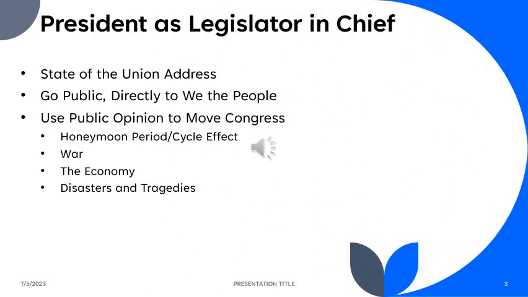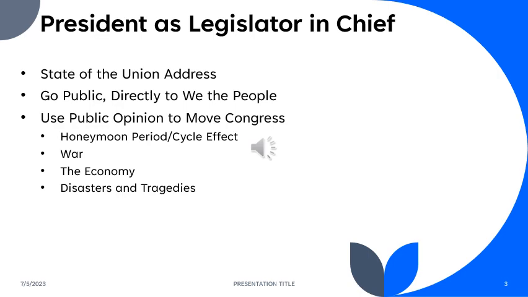And the other thing I want to talk about here is this idea of the president as legislator in chief. Now, technically, is the president a legislator, right? We would have to say no. No, the president is there to execute laws passed by Congress. But the president has a key role to play in what Congress does or does not get done. So, in that sense, yeah, the president is a legislator in chief. They can provide leadership and work with Congress to get laws passed that the president then helps carry out through the federal bureaucracy. All right, so what are some ways to do that?